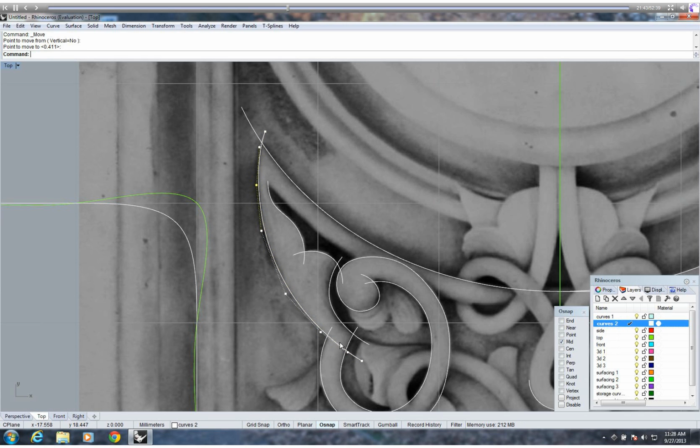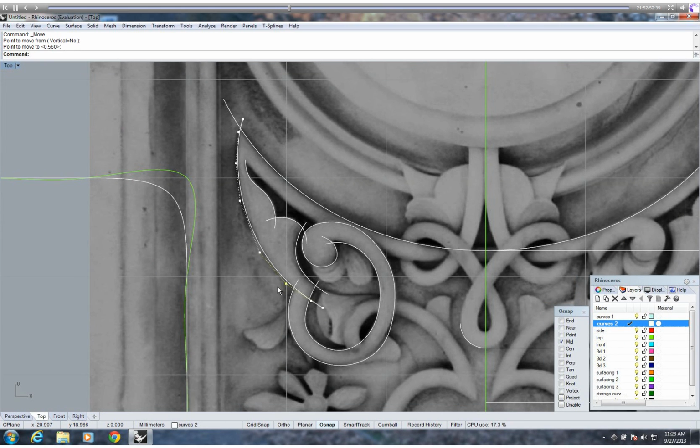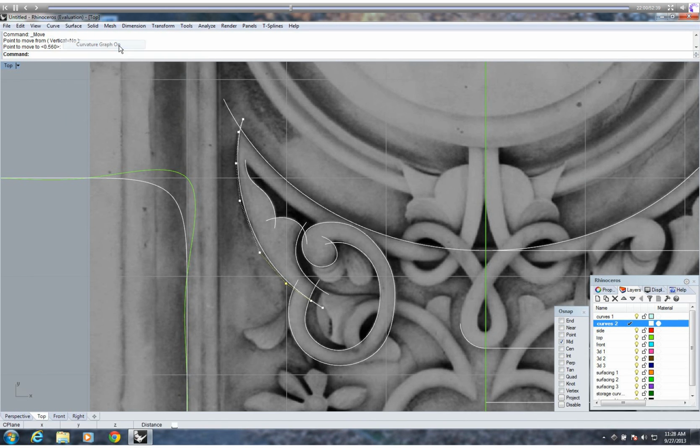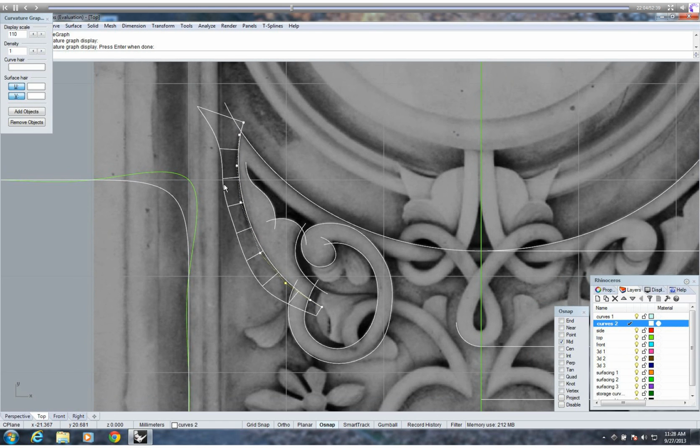Because while we're tracing, you're not a slave to that background image. It's a point of departure. You want a nice curve. How can you make sure it's a nice curve? Well, you can also take advantage of that analysis tool. Turn on the curvature graph. And you can see that by playing